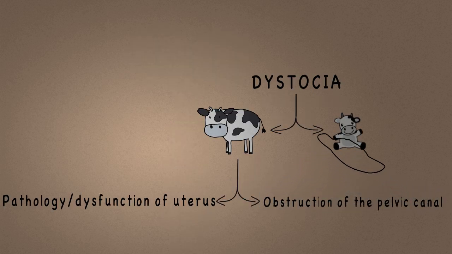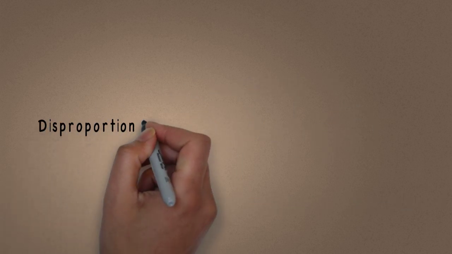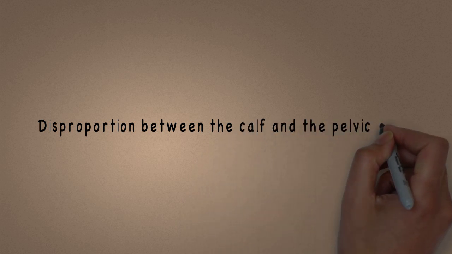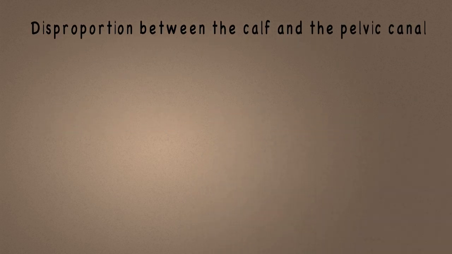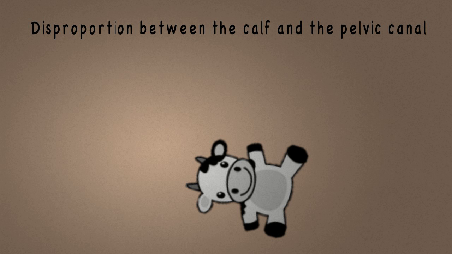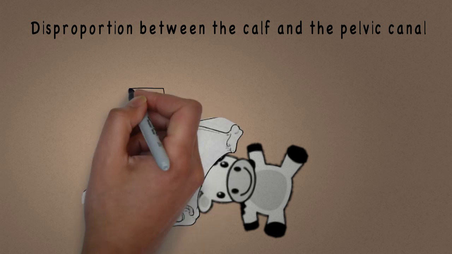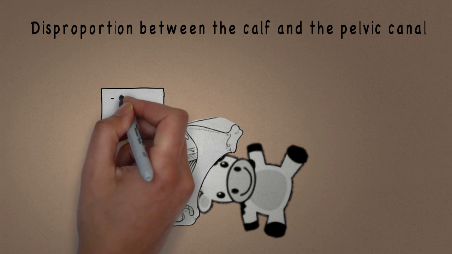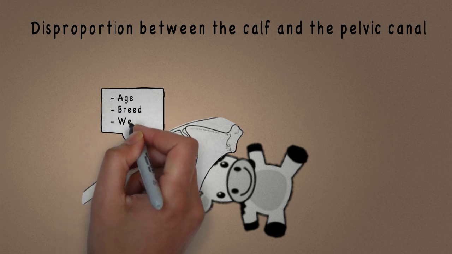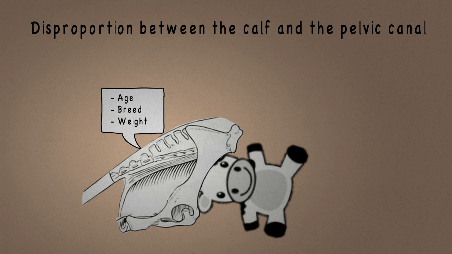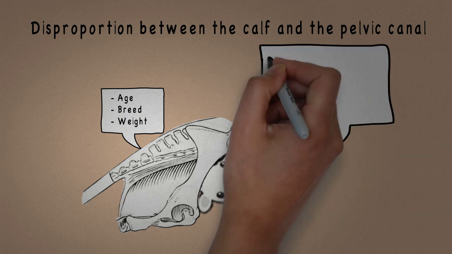And now, what are the causes of dystocias related to the calf? Well, first of all, there can be a disproportion between the size of the calf and the size of the pelvis of the mother. This is the main cause of dystocias in meat cows, like Belgian blue breeds. The main factors which determine the size of the pelvis of the mother are the age of the cow, its breed, and its weight. The main factors that affect the size of the calf are the breed of the father,